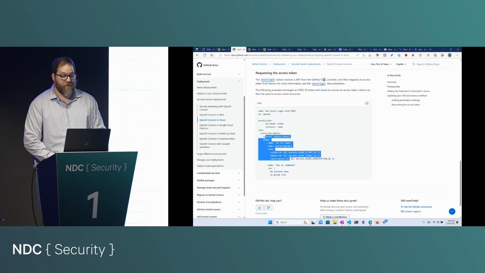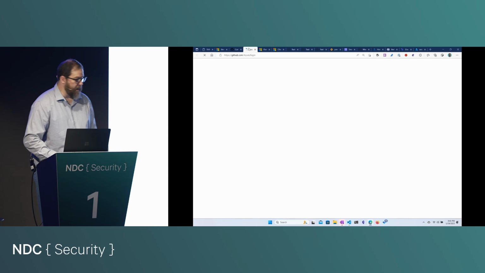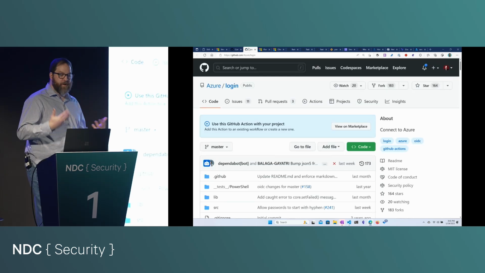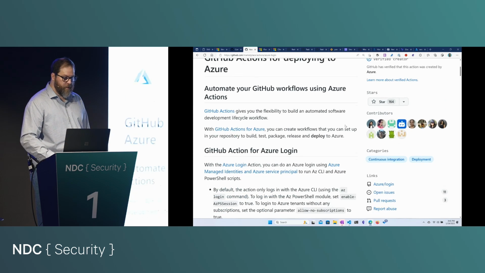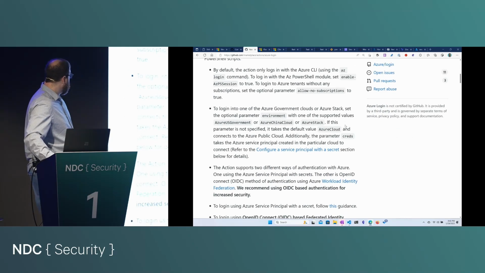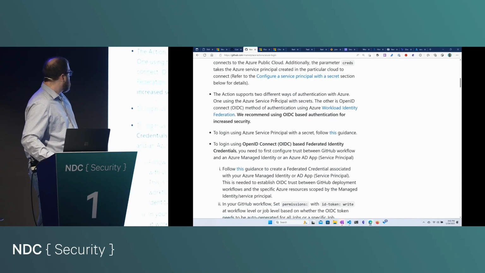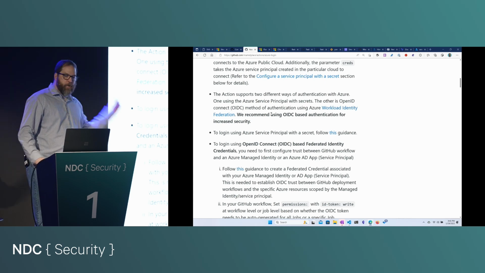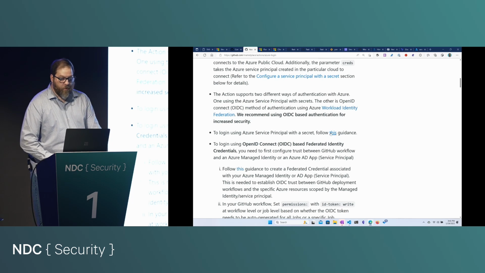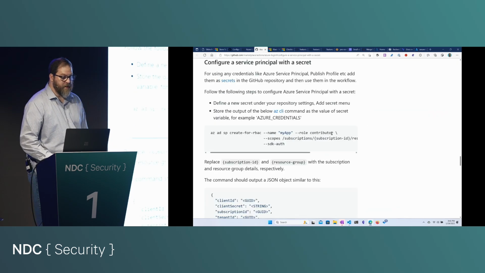And the reason I bring up OpenID Connect as a very important part of securely deploying is, for years, the way Azure login was recommended to work, and you can still see it here, they said they have two different ways: service principal with secrets or OIDC. And they recommend OIDC. The old way, and this is the way it's always been done,